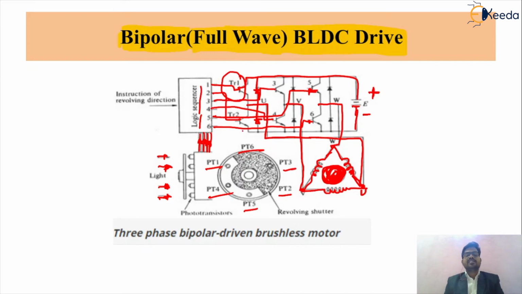In the BLDC motor, the stator winding will be inductive in nature. So while we are giving the supply to the stator winding, it will store some energy, and while we are removing the supply from the stator, the stator itself releases its energy, but we are connecting freewheeling diodes across the transistors. So the energy will be dissipated through them, and due to that there will be no damage to the transistors.